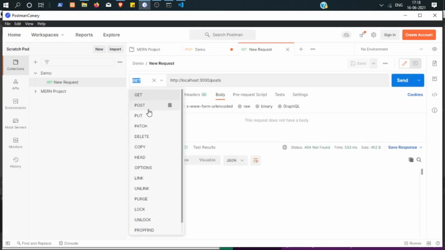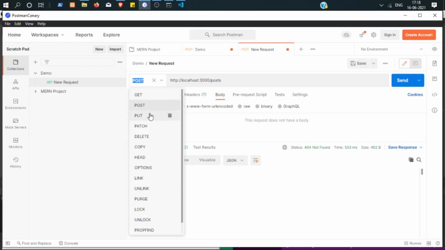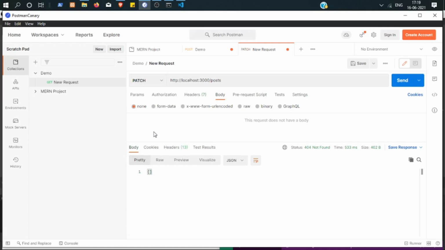If you want to create a new user, then you can use the POST request. And if you want to edit something, then you can use the PUT method. And if you want to make only partial changes, then you can use the PATCH method.